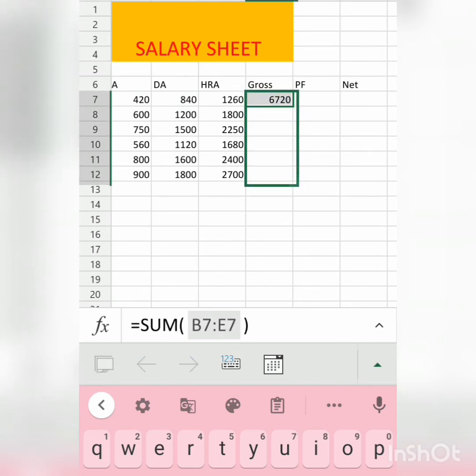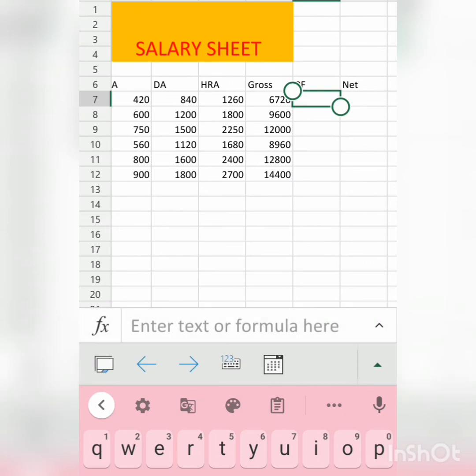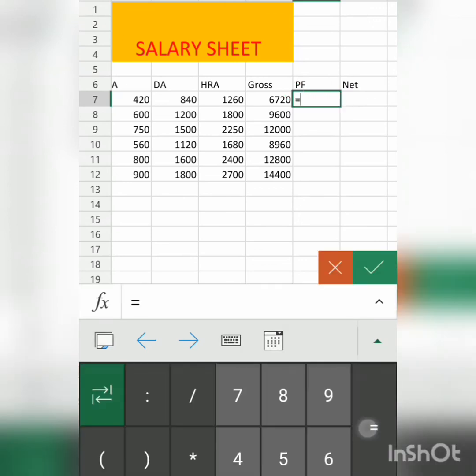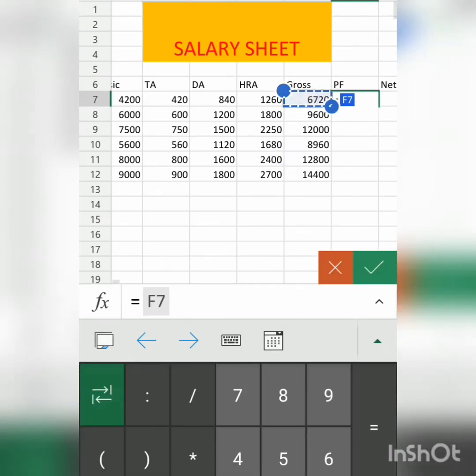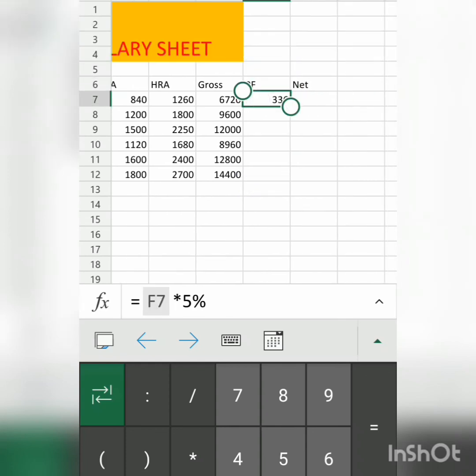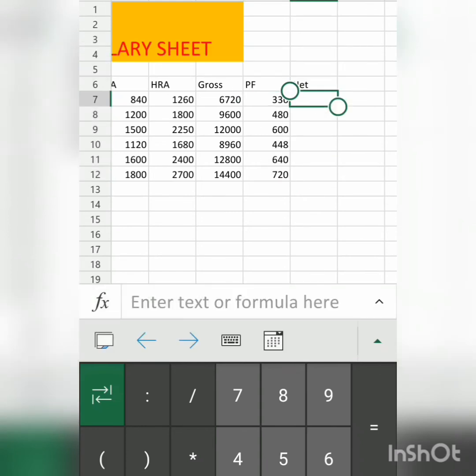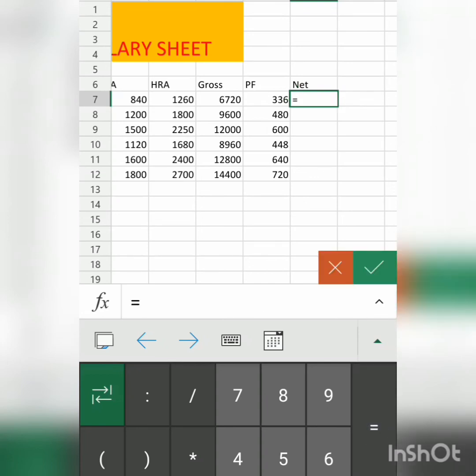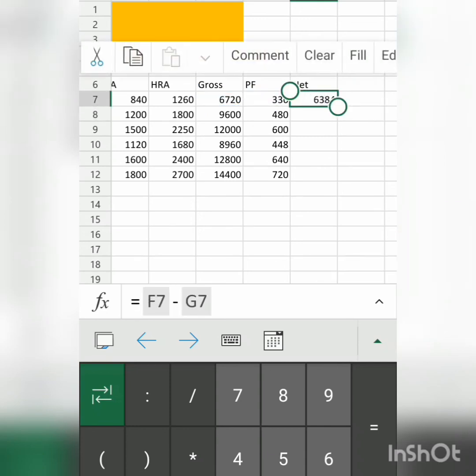Now, yeah. And what is the formula of PF? Means provident fund, 5% of gross, equals to gross into 5%. And net, what is the formula of monthly salary? Equals to gross minus PF. Yeah,